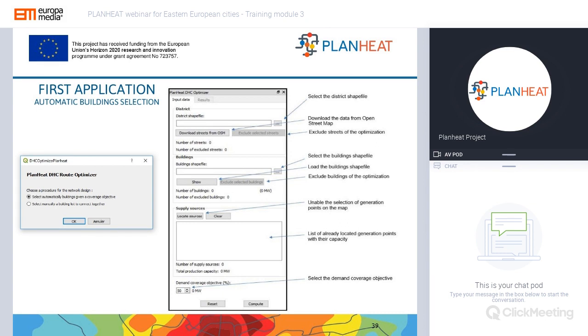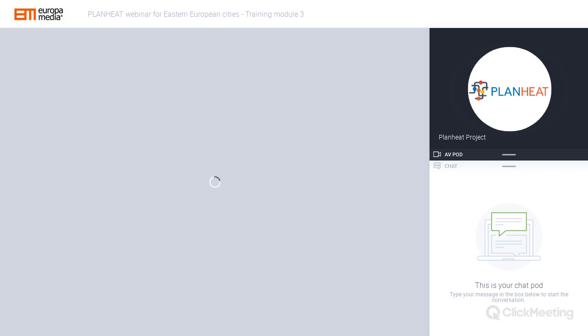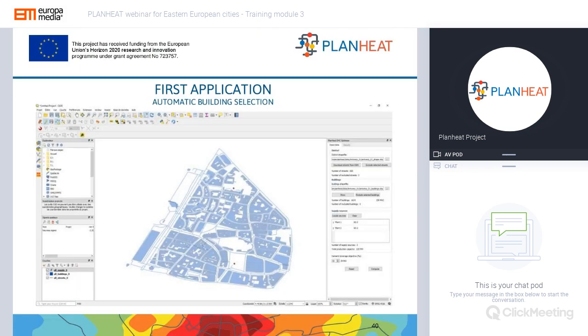In the supply sources part, the user can enable the selection of generation points on the map and list all already located generation points with their capacity. Finally, the user can select the demand coverage objective below. So let's say we are generating an example here, and this is how the first application will look like with automatic building selection.